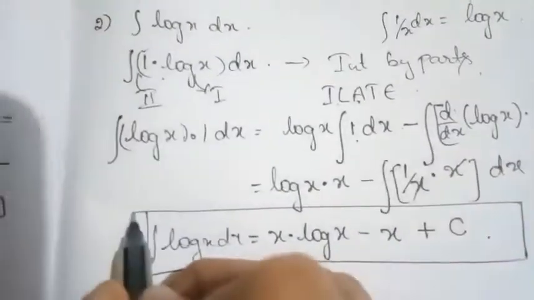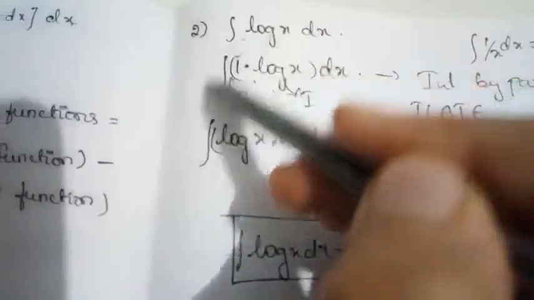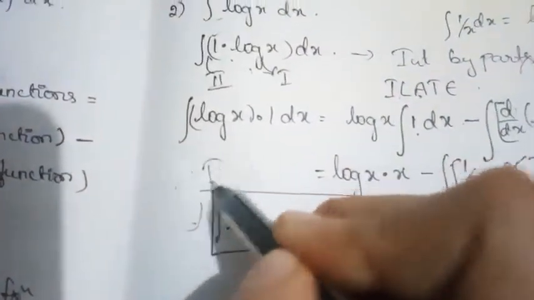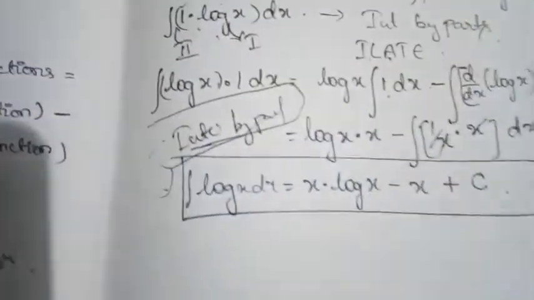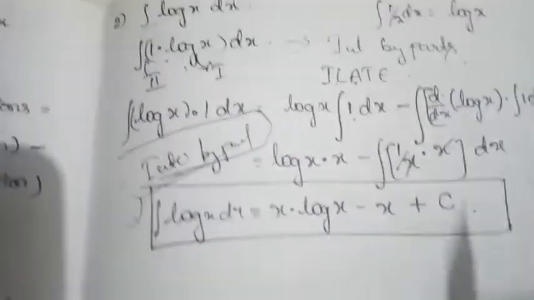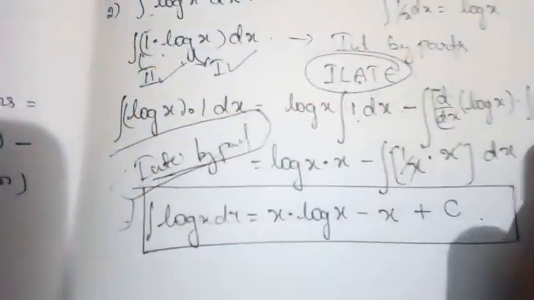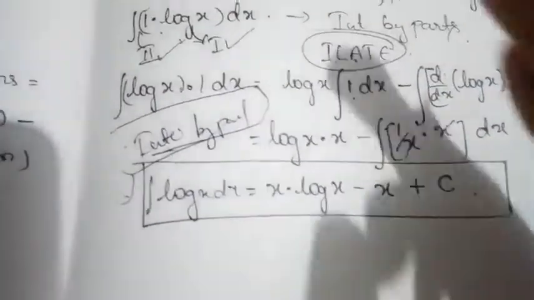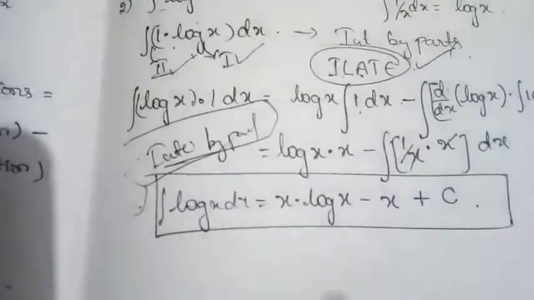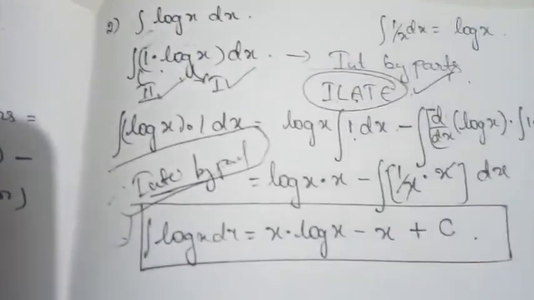So this is the integral value of log x. We got the integration of log x through integration by parts. This is how we are using the Eilert rule to choose the first and second function, so that the substitution, as per the formula, becomes easier and gives the answer in a simplified way. So this is how this rule is useful, and how we get the integral of a given function through the integration by parts method.